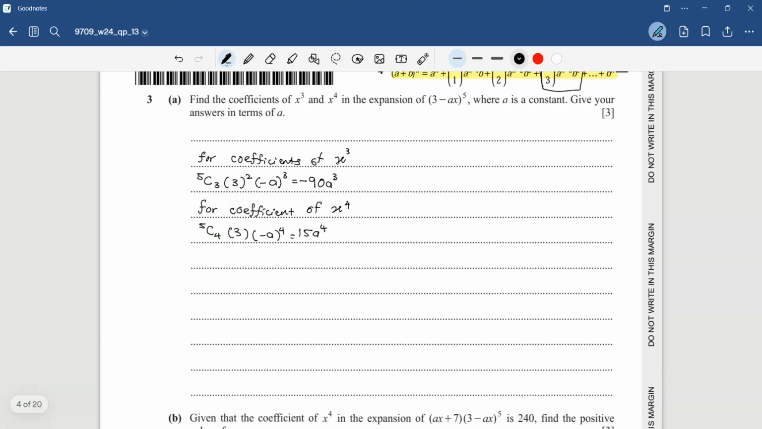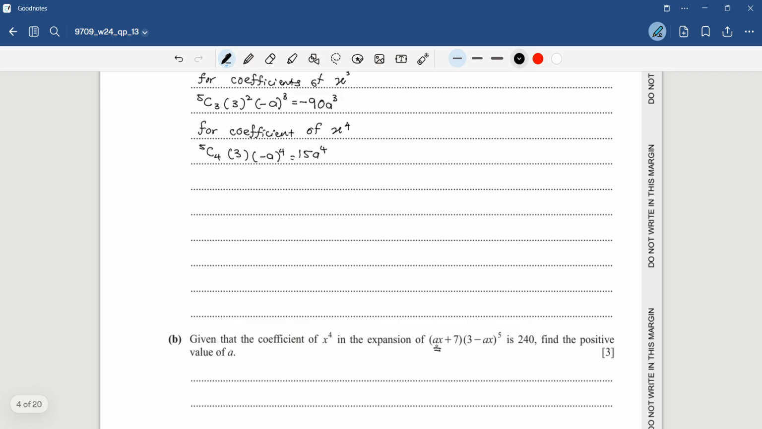Okay, if you notice here I got ax, so ax multiplied with x cube, you will get x power of 4. Similarly, I got 7, a constant multiplied with x power of 4, I'll get x power of 4. So the coefficient of x power of 4 is going to be negative 90 a cube multiplied with a. Okay, I just use the coefficient, I don't use the variable. So x multiplied with x cube is x power of 4. Okay, plus 7 multiplied with